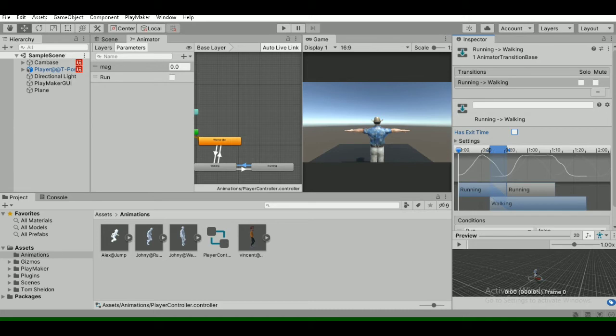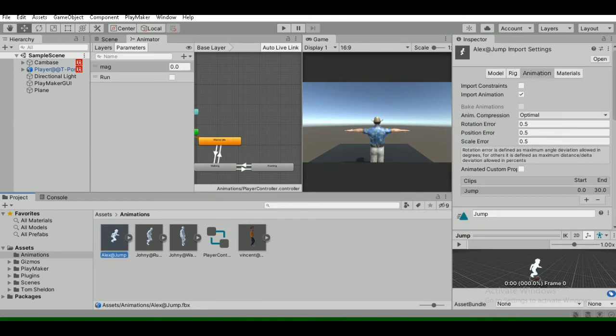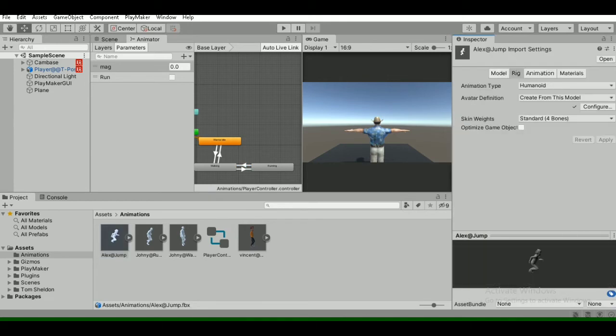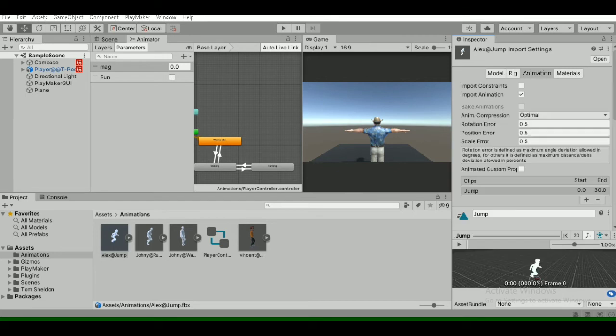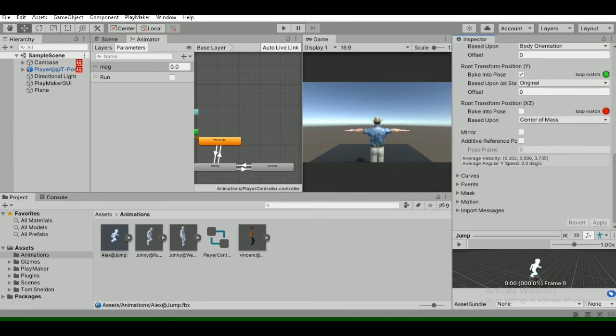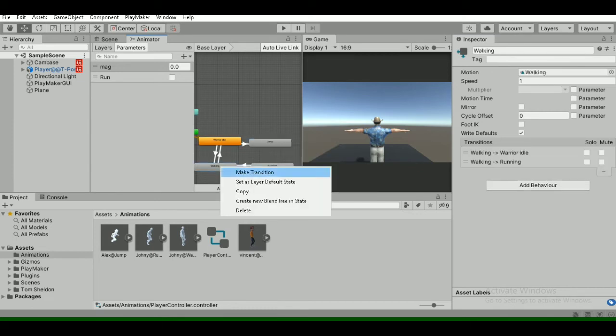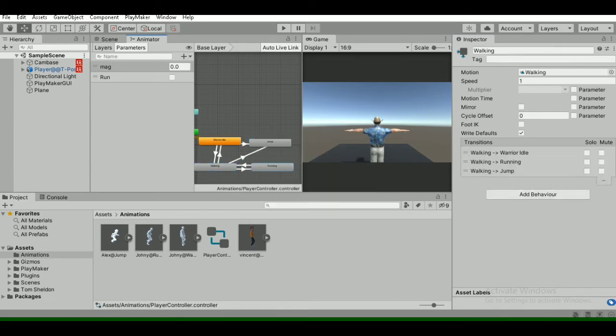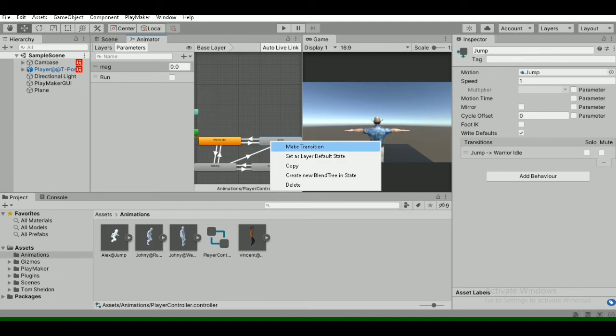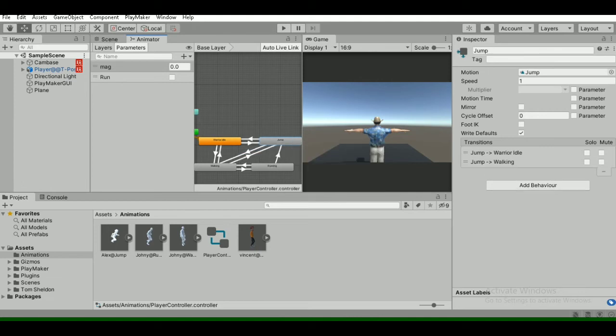Now we are done with the running process. For finally the jumping process, we just need this jumping animation. Just quickly drag and drop this into the animator tab and make a transition from idle to jump, from walking to jump, and from running to jump, and from jump to idle and from jump to walking.